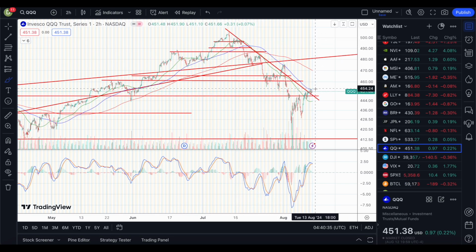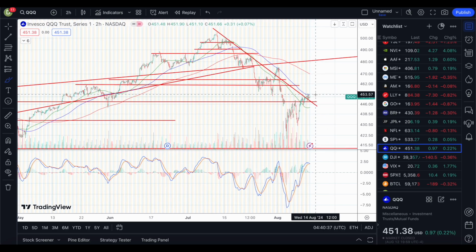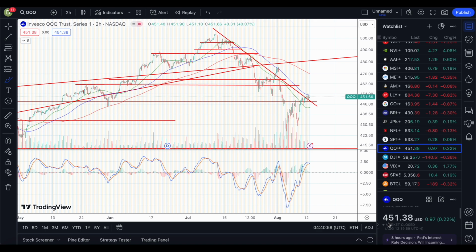Broke through it, hit the moving average as well, just like the S&P 500 within the same horizontal zone as well. You saw a good amount of consolidation, spike ups, getting knocked down. So pretty identical. And if we were to go up, mind you, we closed at $451 and some change. So you're going to have some resistance at basically $453 and some change. Just in case I said that wrong, we closed at $451 and some change. So again, the moving average is about $453 and some change.